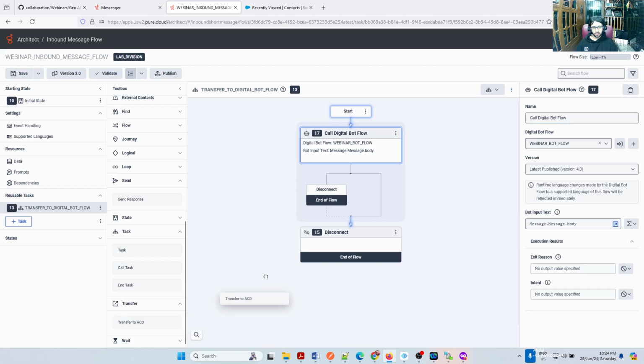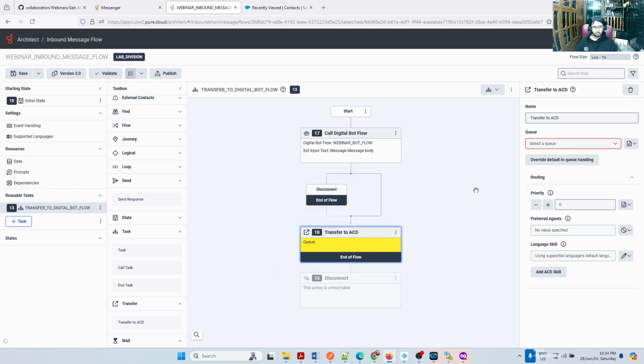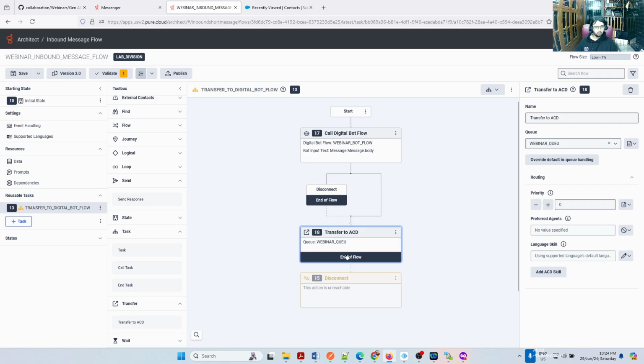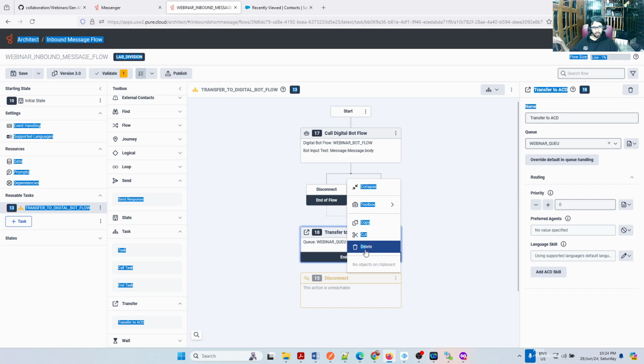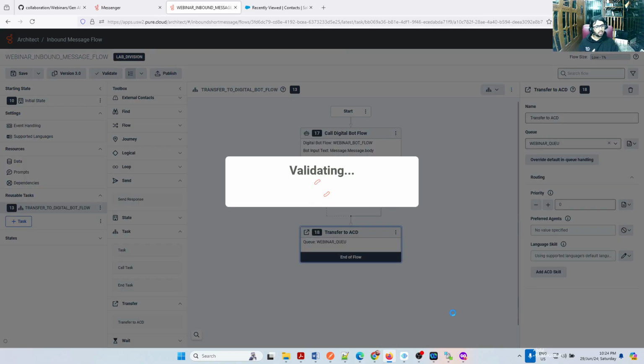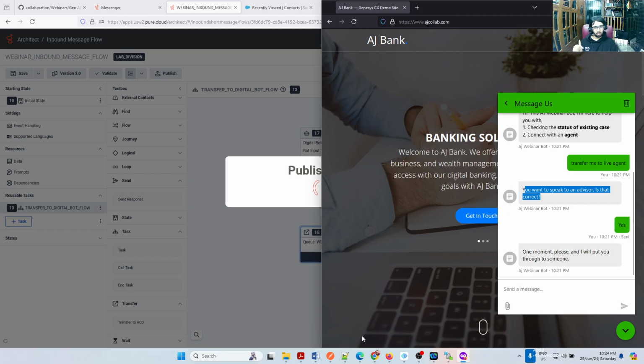So I'm going to do transfer to ACD, and then select the queue, webinar queue. Once it is done, again, it is the end of that, right? There is no point of disconnection there. Disconnection will happen at the agent side. So I have a chat flow, bot flow calling here. When the bot flow fails due to some reason, then it comes back to the inbound message flow. But in that message flow itself, there is an exception handle, exception occurred. You need to talk to the agent again, live agent again. So I can publish this, then we'll test it. So in my exception also, it's going to come to a real agent.